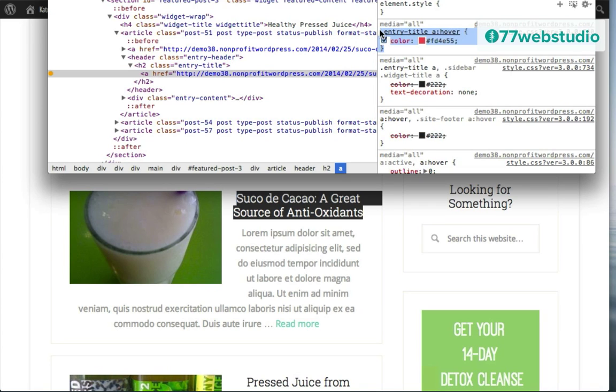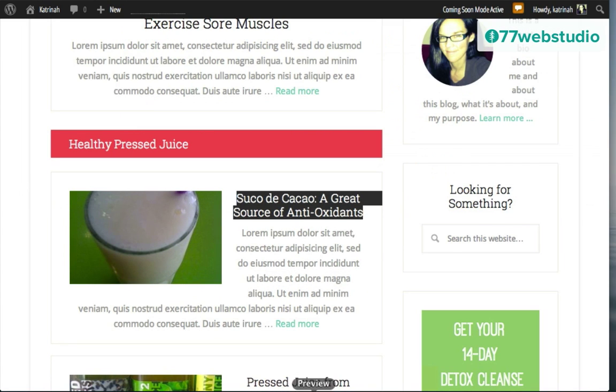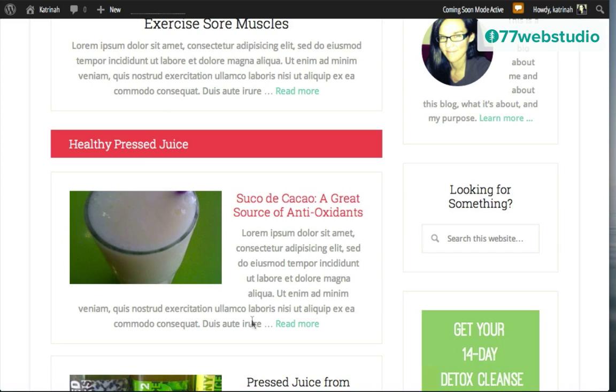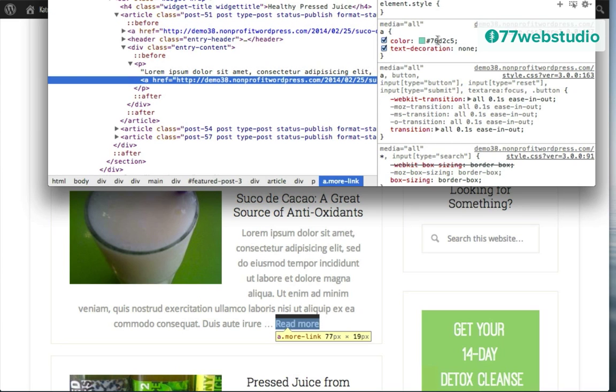So I'm just highlighting it and copying it, and at the same time I'm also going to look up the Read More because I'm going to do this in one big swoop. So looking up Inspect Element for the Read More button, here we can see the emerald green color, and this is a really simple one, an easy one to remember because it's simply an A. So all we need to remember, this code is the A, and A in CSS language is the link.